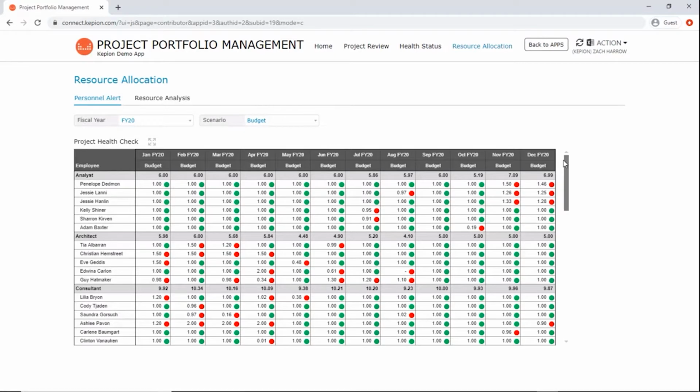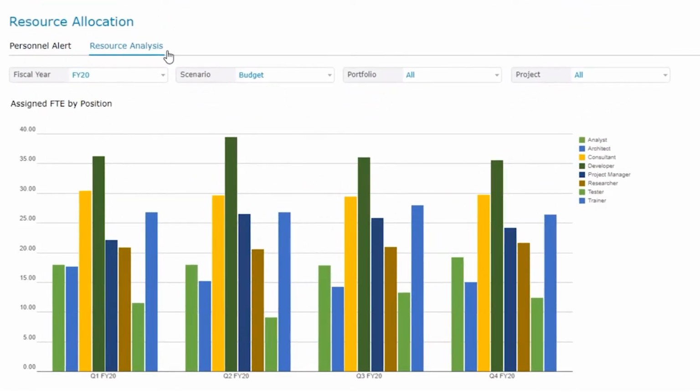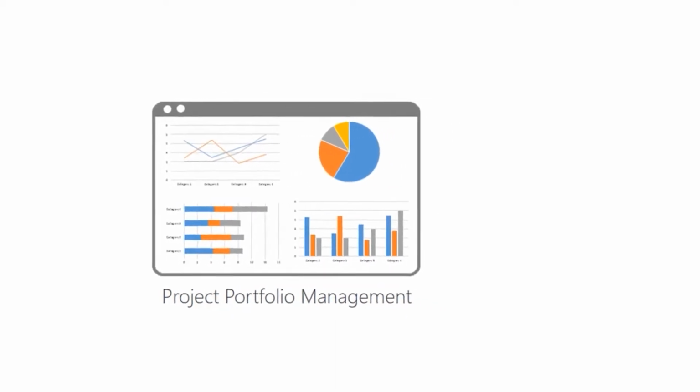with organizational targets. We also have a resource analysis defined for helping us compare needs by each of our roles over time. While the project portfolio management gives us a full scope project portfolio summary with visibility into high-level project